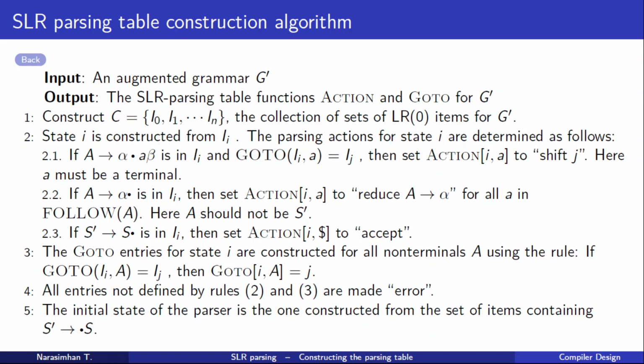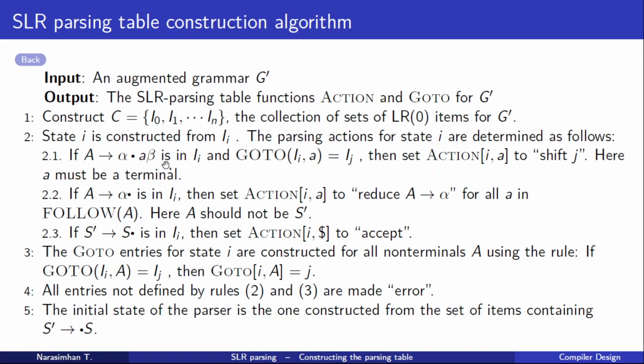Thus, to construct the entries in the parsing table, you just loop through the item sets one at a time, and for every item set, you fill in the entries for the corresponding row in the parsing table. Generally, we will first determine the entries for the action part of the table, then we will fill in the entries for the goTo part. So let us start with filling the entries of the table for the action part.